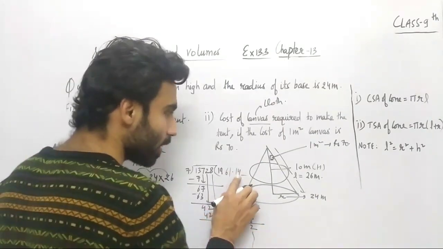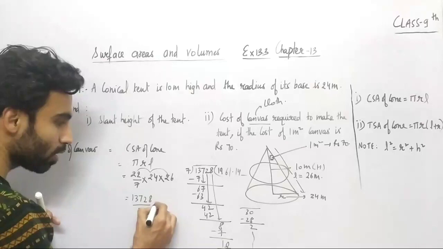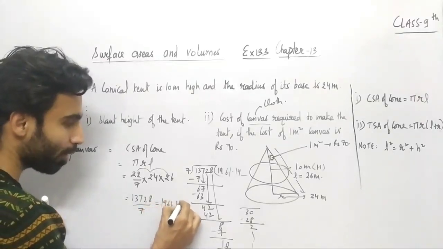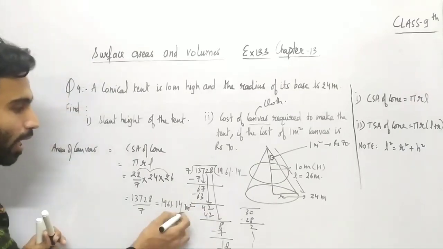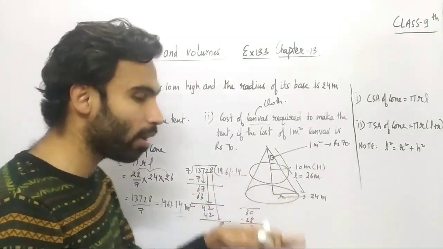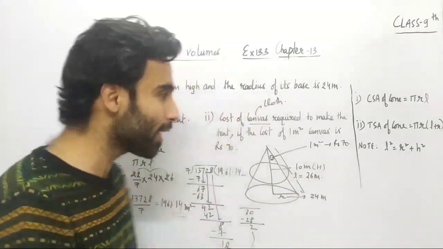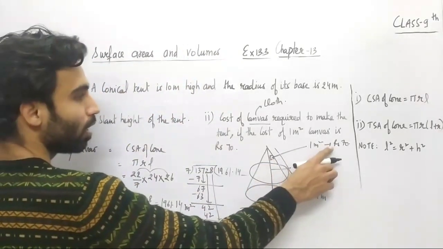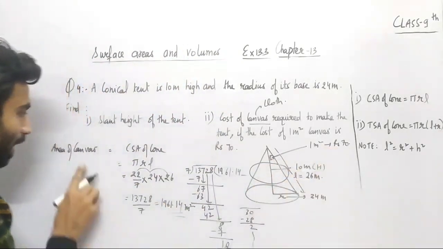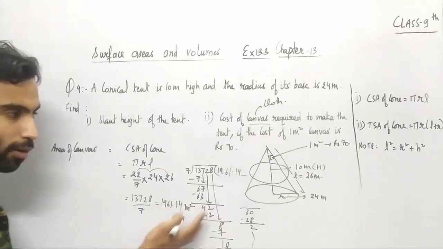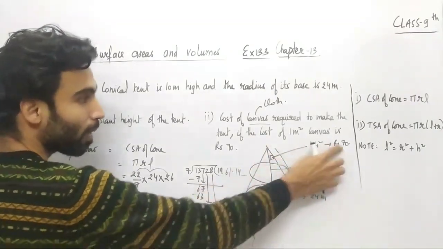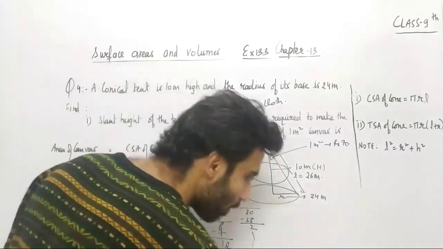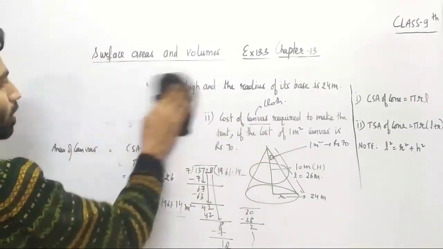So if I just take up to 2 decimal digits, so that is 1961.14, right? And in meters square, right? So ये आया आपके पास curved surface area of this cone, right? Now हमें पता है कि 1 meter square canvas का charge जो है वो कितना है? 70 rupees, and this is also the total area of the canvas required, which is the curved surface area. So directly मैं इसको multiply करने वाला हूँ. That is what we have to do here. So if I just rub this,